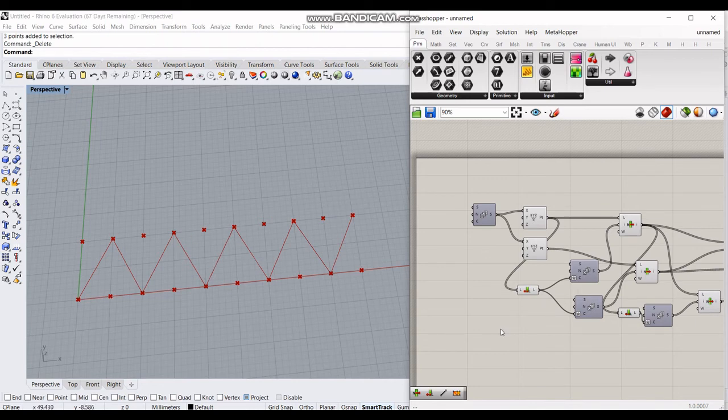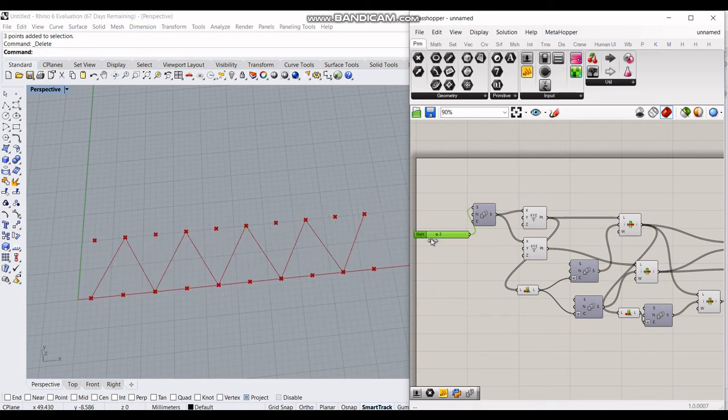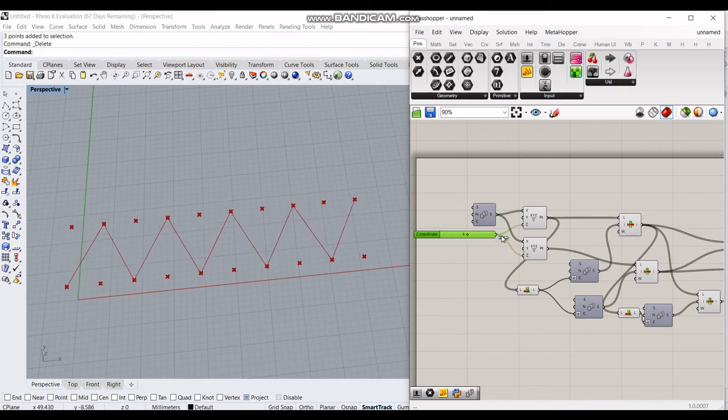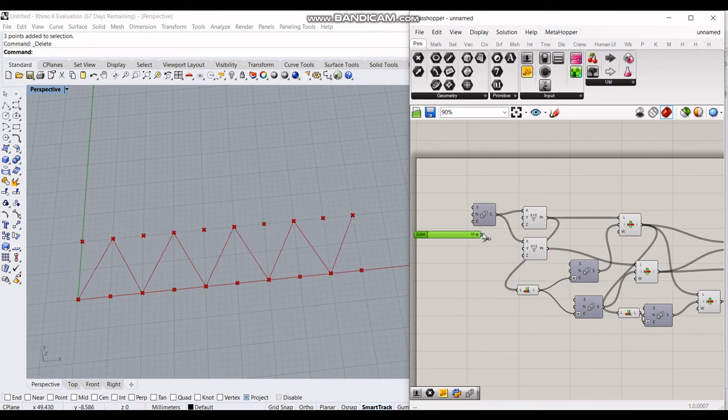Now let's see how we can modify certain things of this pattern. This is one thing that will be useful to move the entire pattern. This can be done not only in the x-axis, but for the y and z as well. So these are some basic examples.